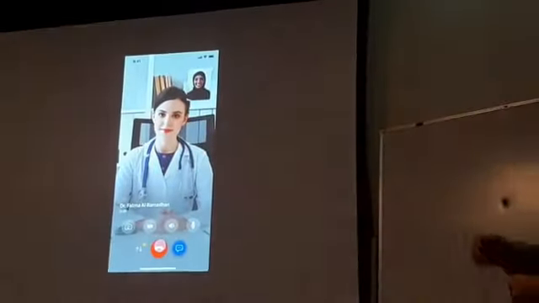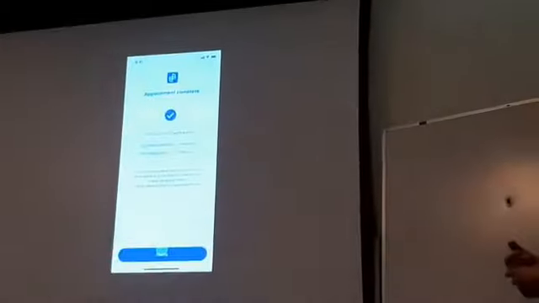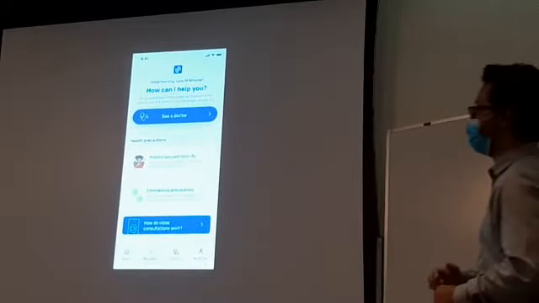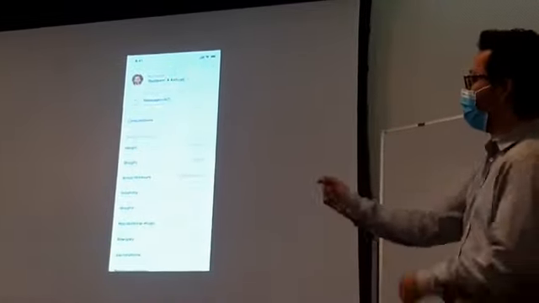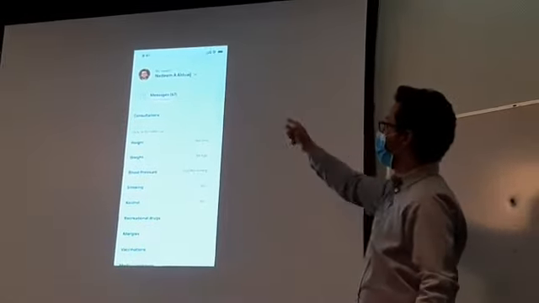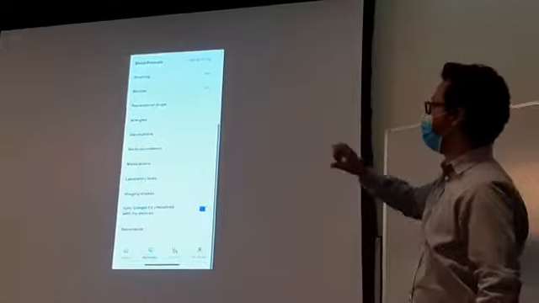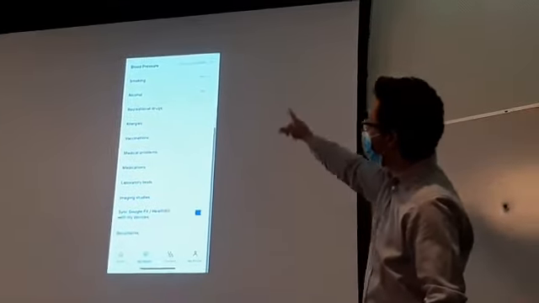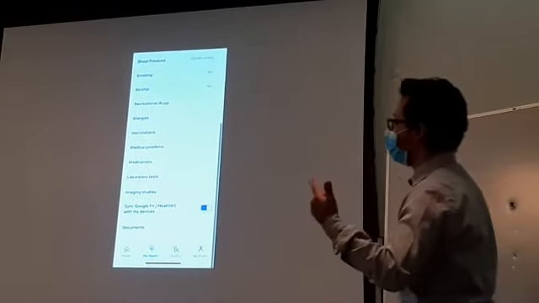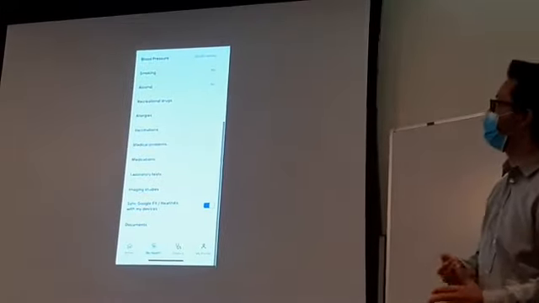So once you finish the call, you're going to get a summary statement. You were seen for this, your diagnosis is likely this, and then you can actually send information to the patient. There's a section where you can fill out patient instructions, and the patient will have it in their My Health tab, which is their portable health record, where they get the messages that were sent between doctors and patients, the consultations past and upcoming, and then in the consultations there'll be the summary statements that the provider sent,